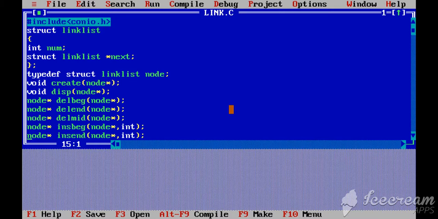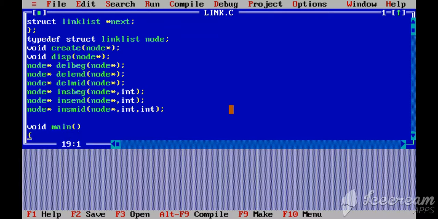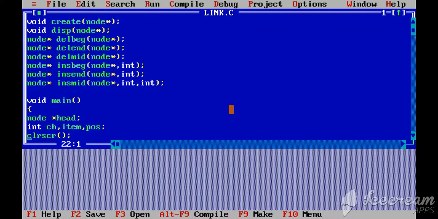Ins beginning is a function which takes a node pointer or a structure pointer and an integer value as an argument, and it returns a structure pointer. Similarly, ins end is a function which takes a structure pointer and integer as arguments and returns a structure pointer. Okay, ins mid, we are not discussing in this video. And coming on to the main function,